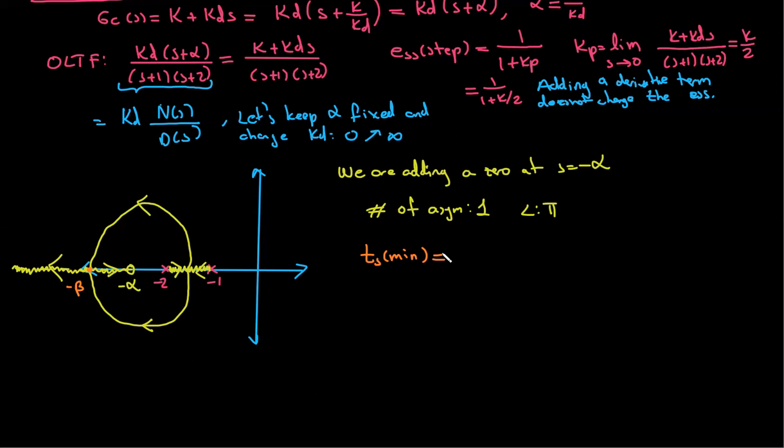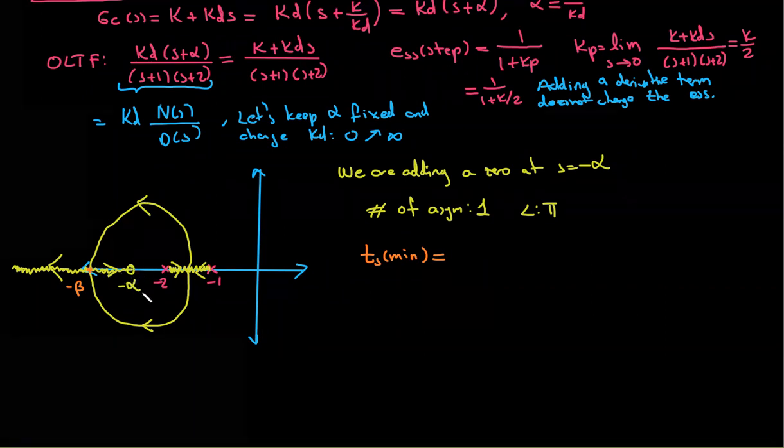Zero settling time. So how can you say that? If KD becomes infinity, notice that one of these poles is going to this minus alpha. And we said that the settling time is determined by the slowest pole, and the slowest pole is the pole closest to the imaginary axis. Then the break-in point could be. Exactly. So if I say this is 3 over psi omega, then it will be simply equal to 3 over